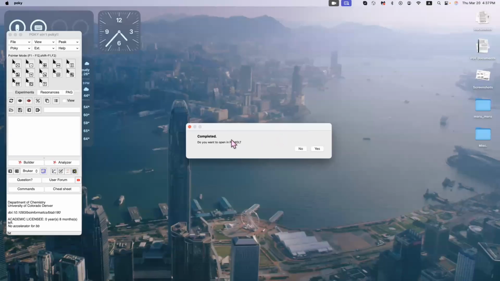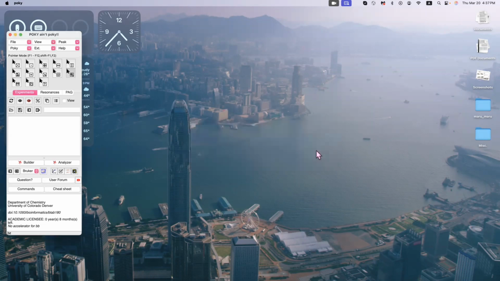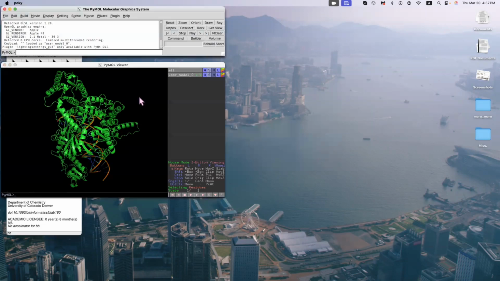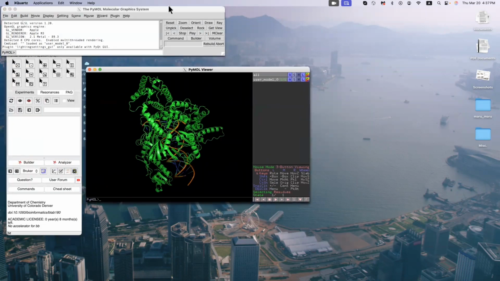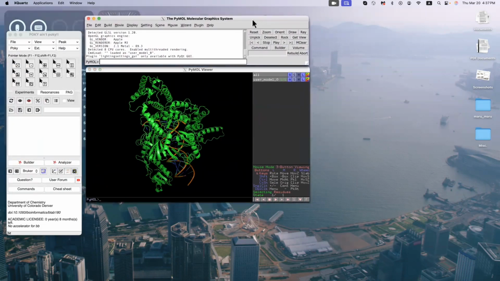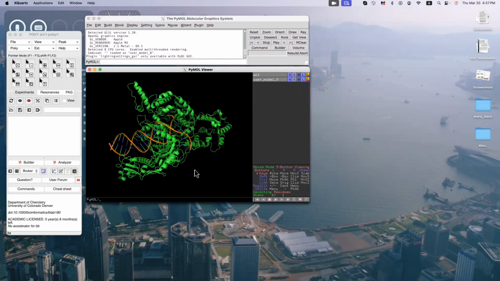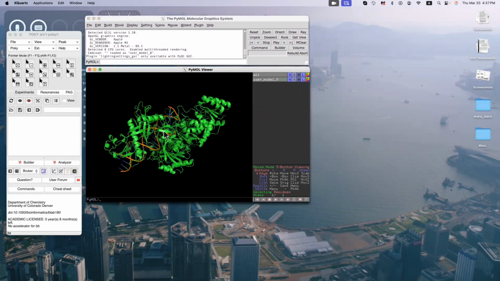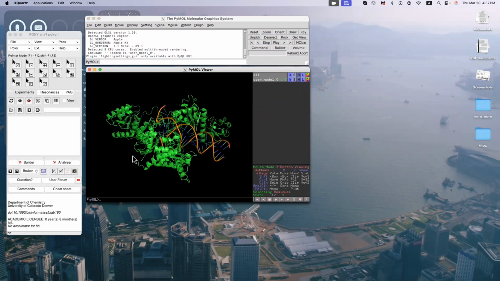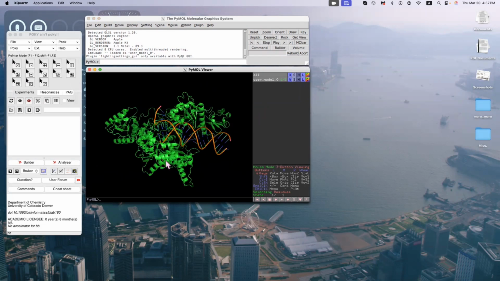Once it is done, it's going to give you this message right here saying, do you want to open in PyMol? And I'm going to say yes. This will open the PyMol, showing you the RNA and single-stranded DNA complex, like so. And now I'm going to try to simulate the same